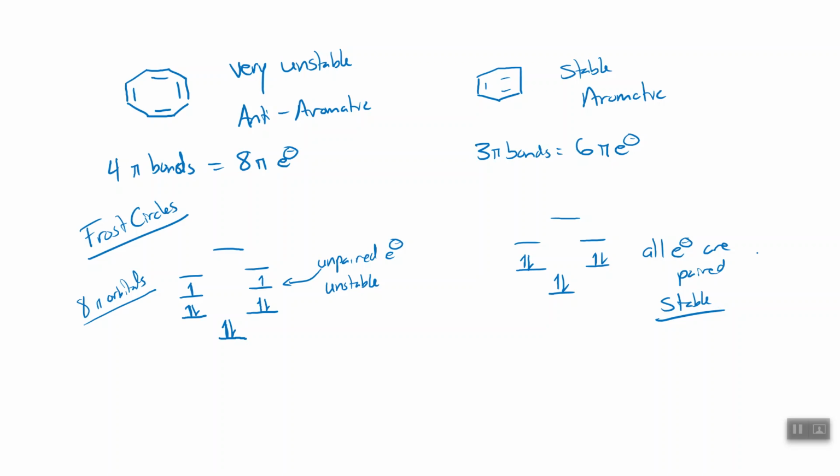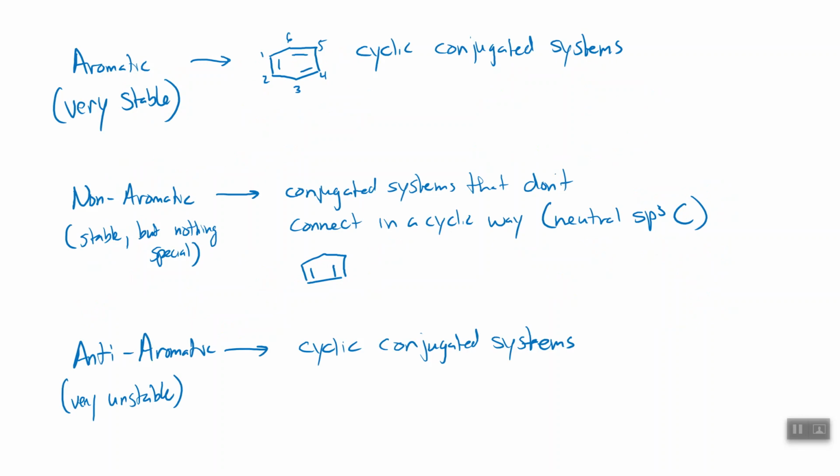So you can go through and for any number of electrons, you can draw out the orbitals. You'll always have one orbital at the bottom and then pairs of orbitals going up, right? This one has 6 pi orbitals, because we have 6 carbons in the ring, right? You can figure all of this out. What you'll notice pretty quickly is that there's a pattern. And the pattern is that if the number of pi electrons is divisible by 4,